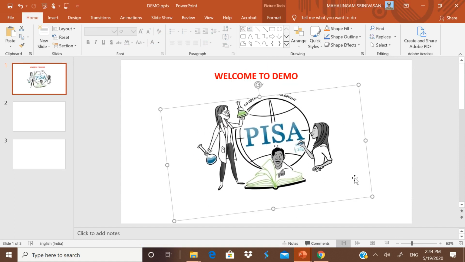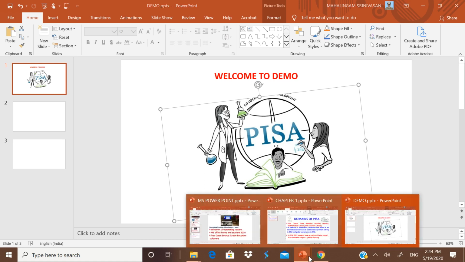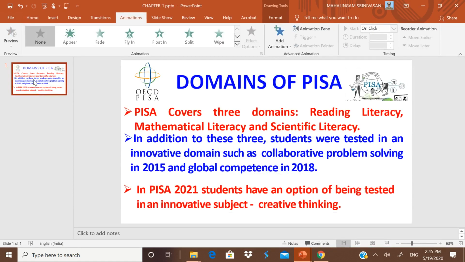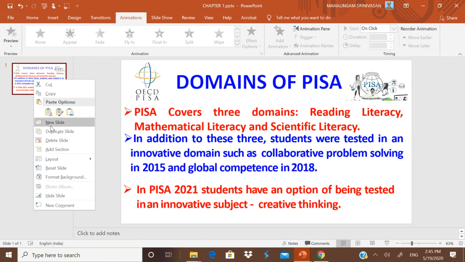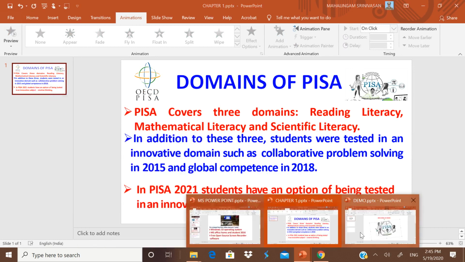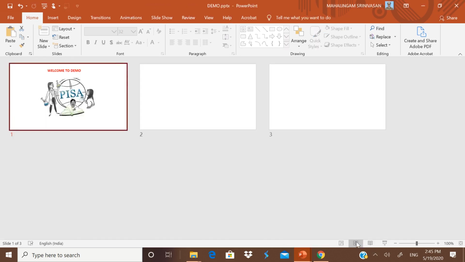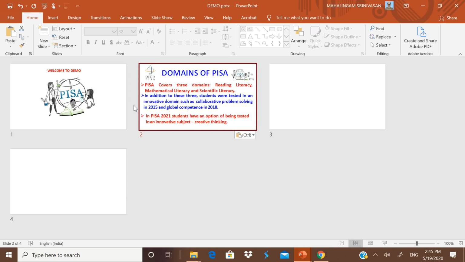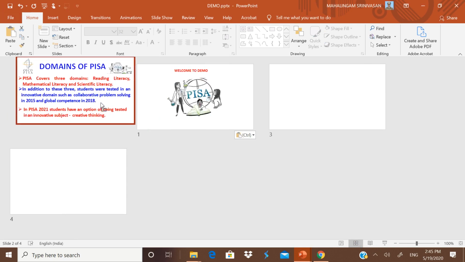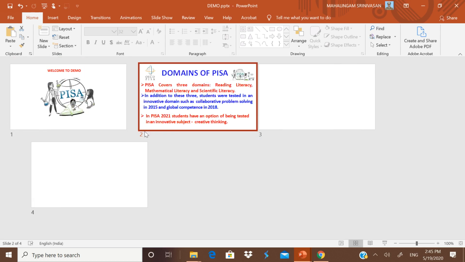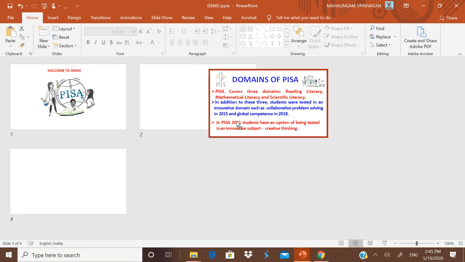Okay, now let us see how to give animations. For that I am going for one slide I have already prepared. I am copying it and I am pasting it in demo. For pasting it, you can go to this sorter. Wherever you want to paste, you simply paste it by pressing Ctrl V. Now it got pasted. Now it can be moved anywhere here. Now you can move as per your convenience.